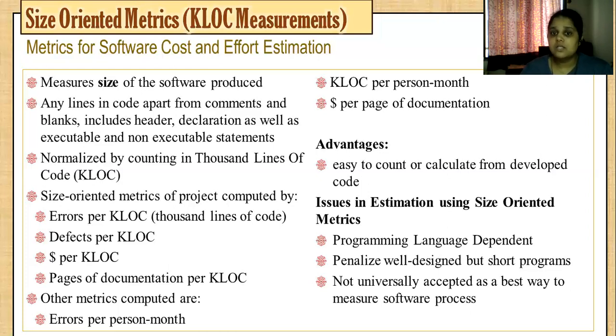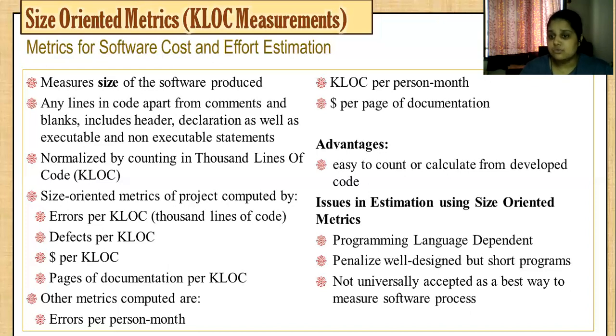Now, what are the advantages of this KLOC measurement? It is very easy to count or calculate the total number of lines from a developed software. These things are now intelligently available in any of the editors that you are using. If you are using NetBeans, you have a number of line written on the left hand side, at the start of a line. So you can count based on that. You can increase the readability of a program through editors as things are in colored format. So that way it will be very easy for developers to count the code.